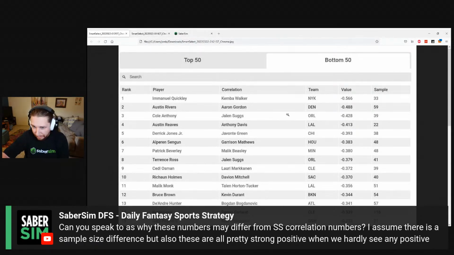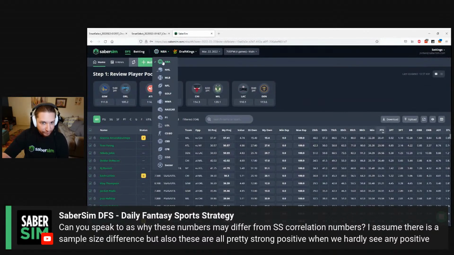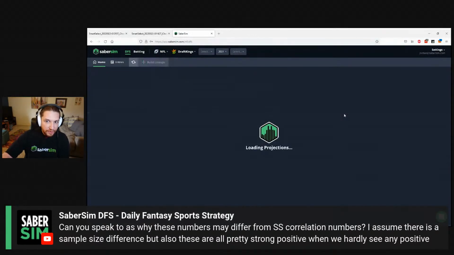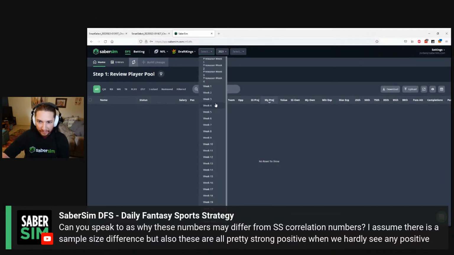So there's a top 50 and a bottom 50. I was looking through this morning because I did think this was kind of interesting, and you start to have some interesting questions arise here. First of all, I would say in the magnitude of these coefficients of correlation, 0.5, 0.46, 0.45, these correlations rival the correlations between a quarterback and his number one wide receiver on a team that relies heavily on the number one wide receiver, right?